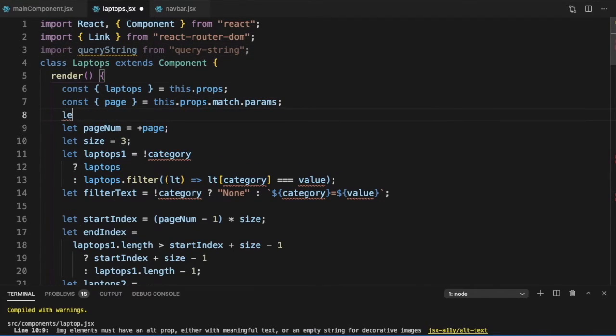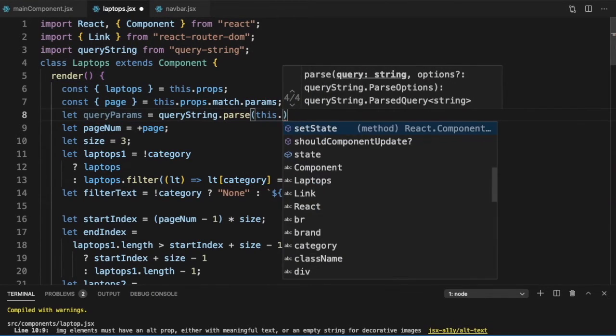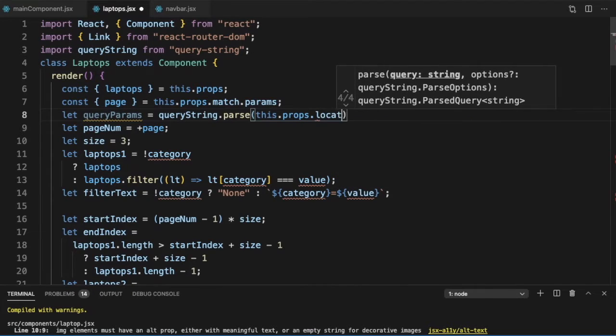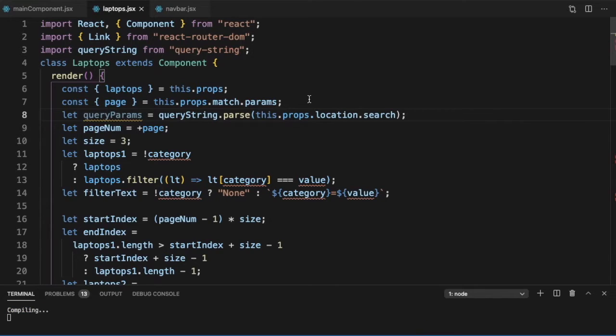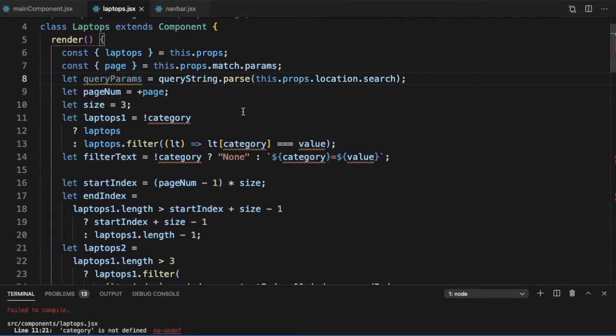Now here we can say let query params equal to query string dot parse this dot props dot location dot search. Now that we have done it, we will get all our parameters. Now, what do we need to do with our parameters? We will need to filter it. So this laptops data will need to be filtered.